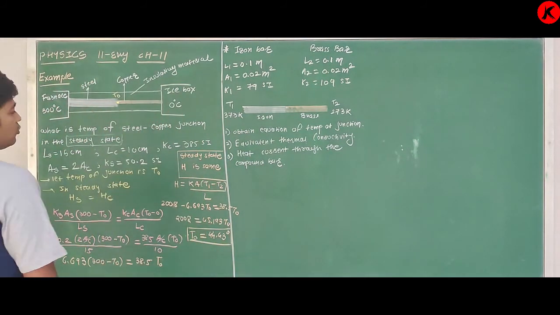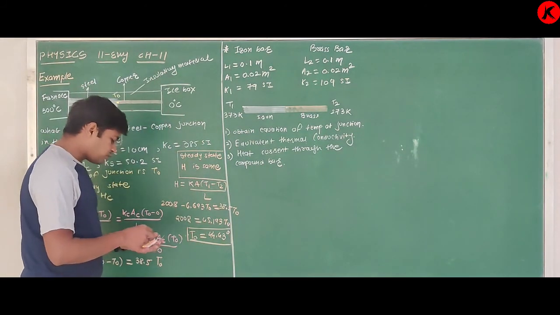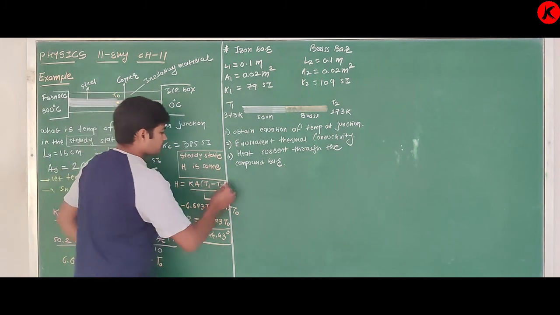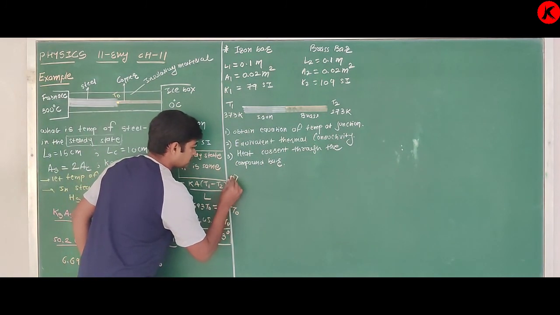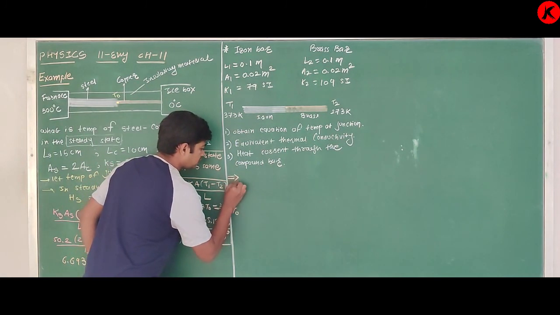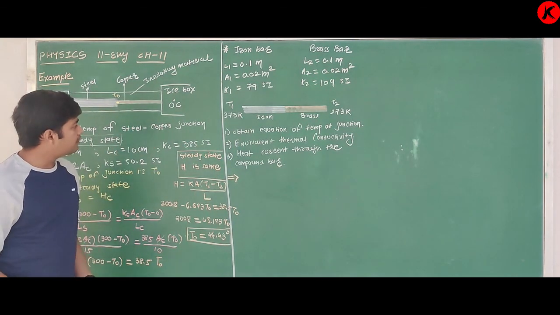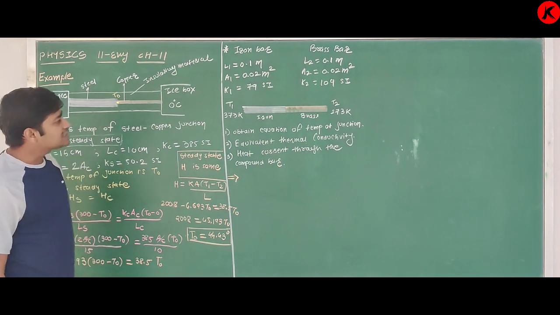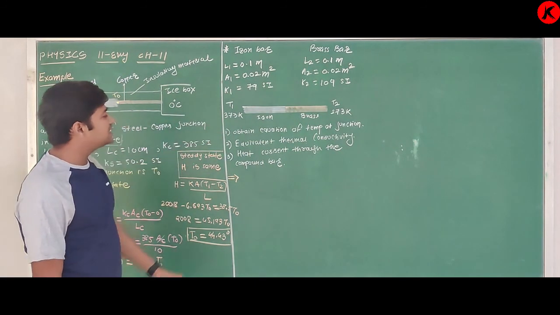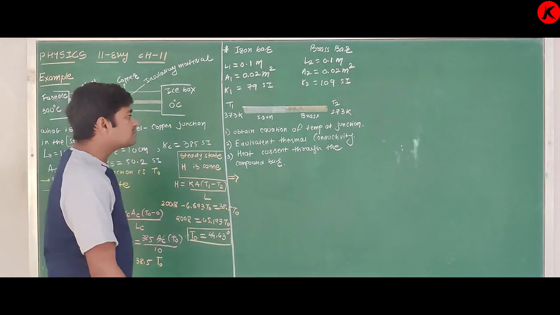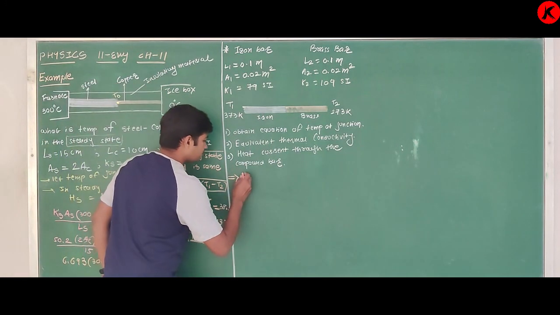So how do we find this? First of all, obtain the equation of temperature at the junction. You are given that this system is in steady state. So for thermal steady state we can say